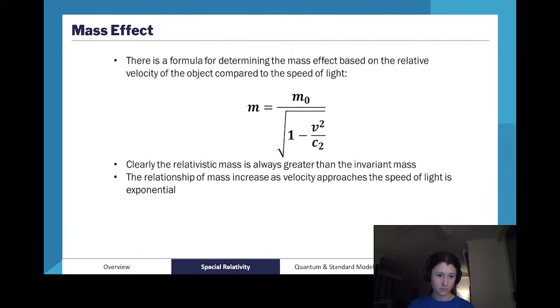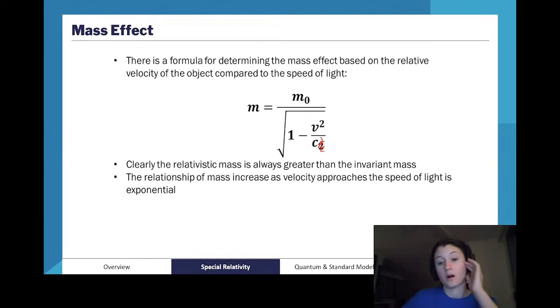I'll bring that in quickly. This should be a squared up here, not a squared down there. So as you can see, the relativistic mass is always greater than the invariant mass. And this is because